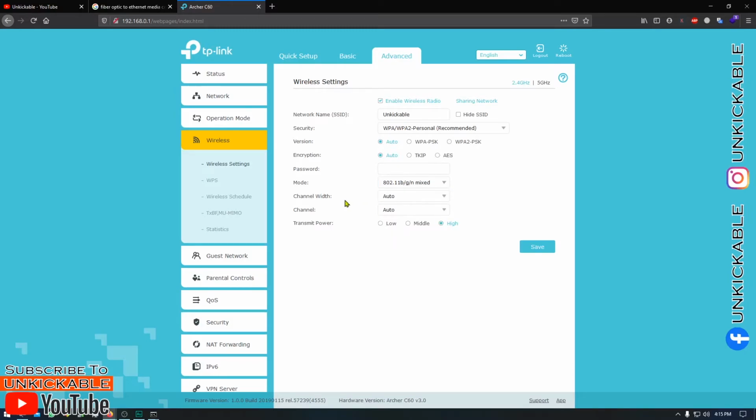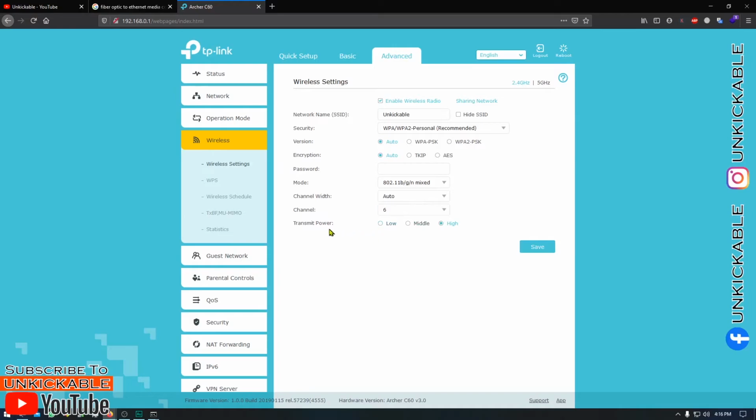The next is related to channel width, but before that we need to talk about channel. There will be around 13 channels over here. What these channels mean is the length of a band. Wi-Fi is going to travel till a certain distance, and over here we have certain bandwidths which don't collide with other Wi-Fi bands. So over here 1, 6 and 11 are the best bands which I can find,